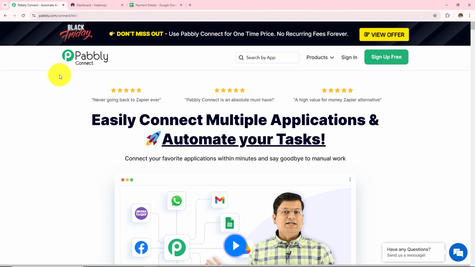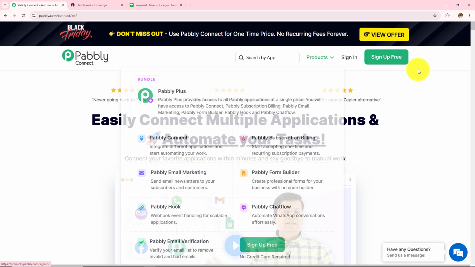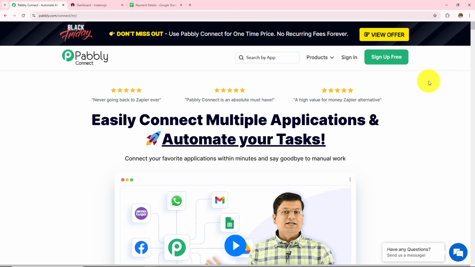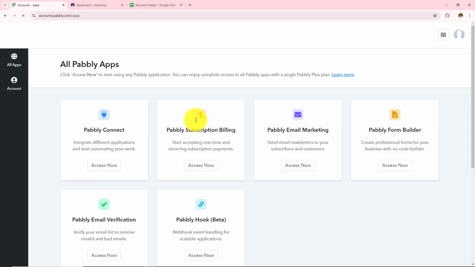Now after browsing the website, we need to sign in to our Pabbly account. On the top right corner, you can see two options, sign in and sign up for free. Now if you are an existing user, you can simply click on this sign in, and if you are a new user, click on sign up for free, and this will give you 100 tasks free on a monthly basis. Now as I am an existing user, I am going to click on the sign in, and here a dashboard